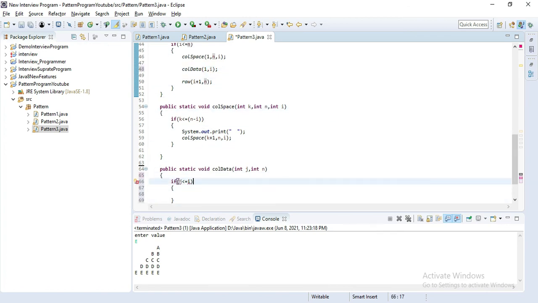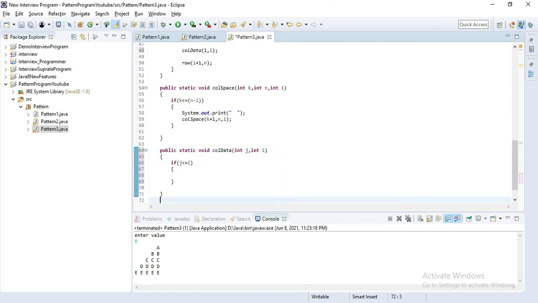Let's change this n to i, and save. If satisfied, then print with system.out.print a star and one space. Once the star is printed, we have to call the same method, call data, and here we pass j and i, and j should be incremented.